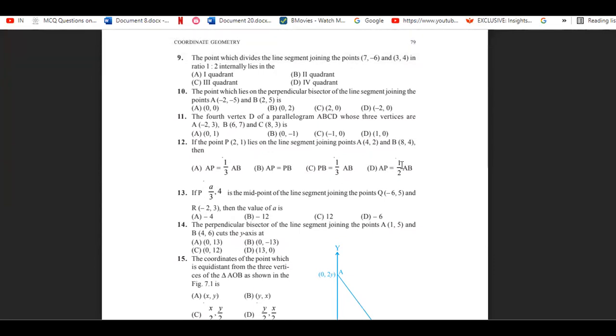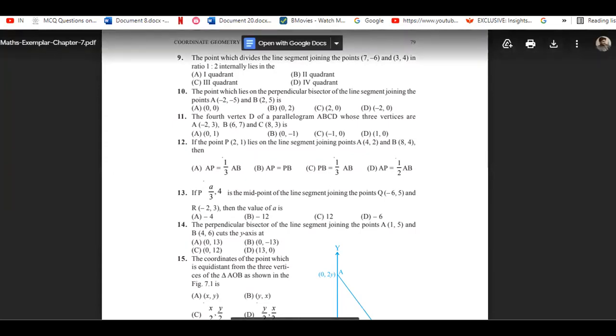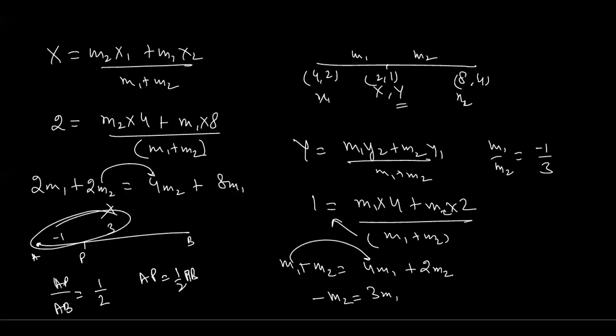B option, because here we are getting AP. When we add these two ratios, what will we get? We will get here 2, meaning 3 part is this one and -1 part is this one. So when we add these two, you will get here 2. So AP, meaning this part, upon AB will be equivalent to this one. So according to this, the D option will be correct. Okay, got it? Yes. But most of the time negative ratio does not come.